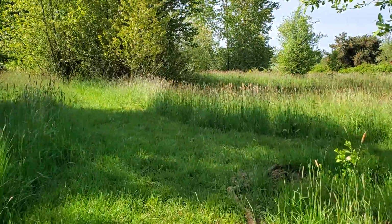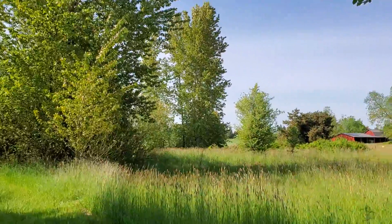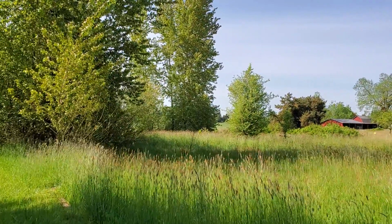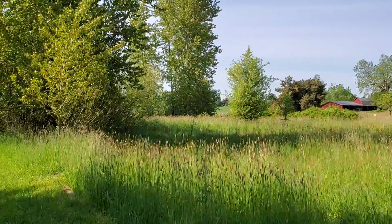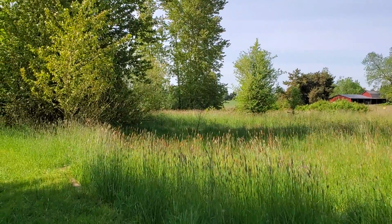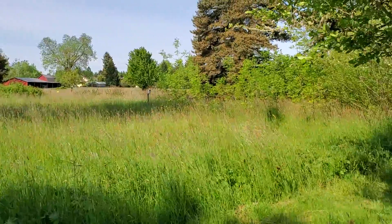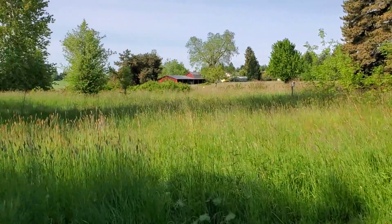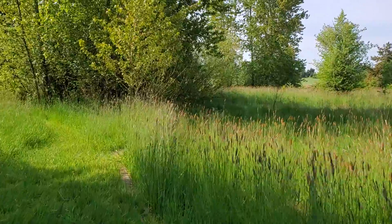So let's go. We're gonna take a little tour of the pond and meet some of the important plants and animals just to see where they are. They each have their own special stories. There are so many stories living out here in the natural area. Today I'm just going to introduce you to some of the key